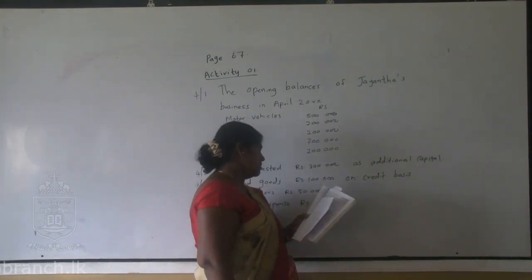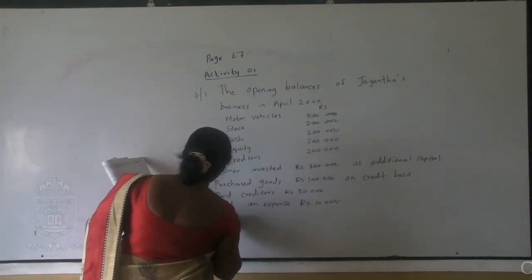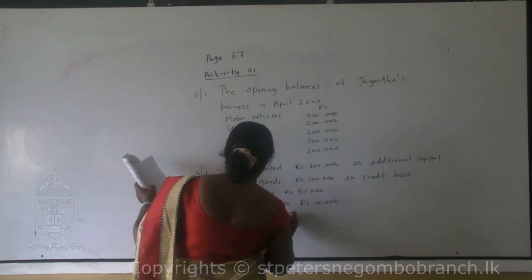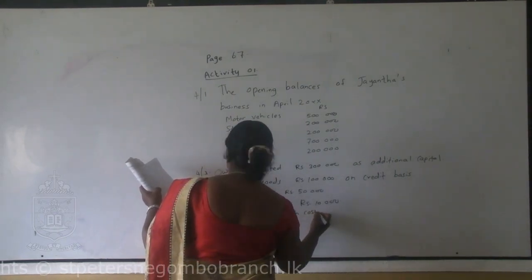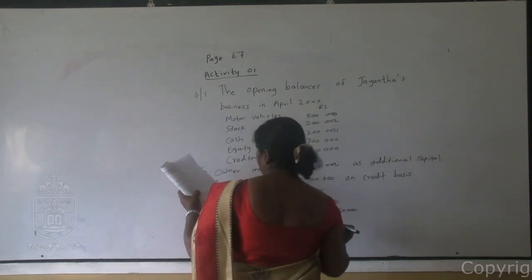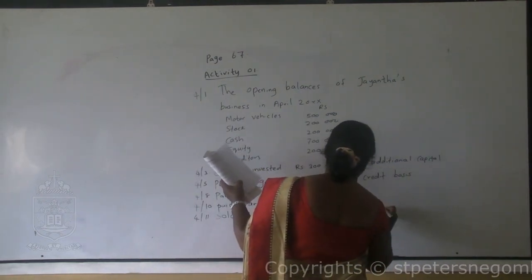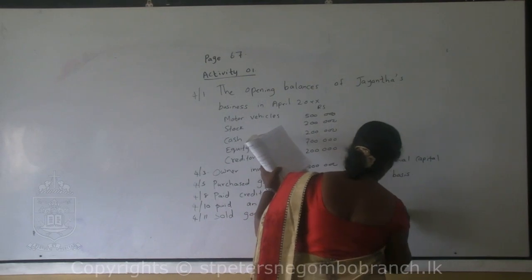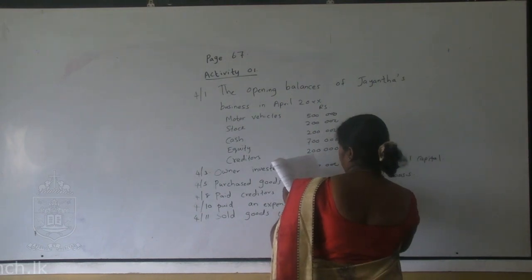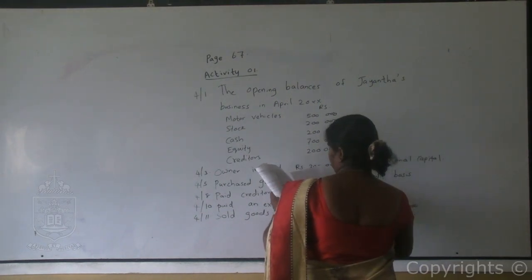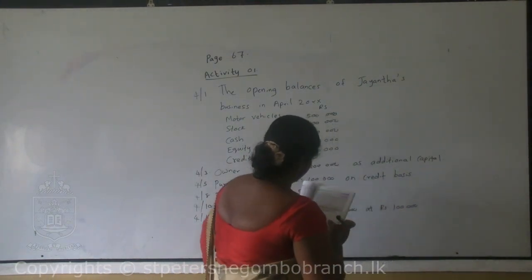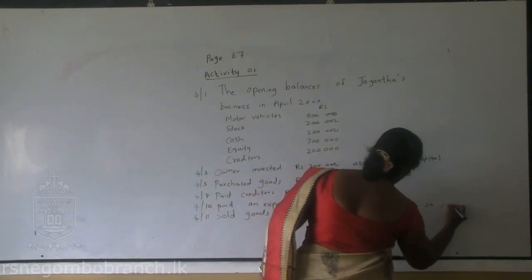So you can write it as a transaction. Sold goods which cost 60,000 at rupees 100,000 on credit